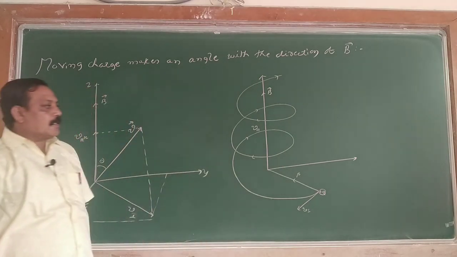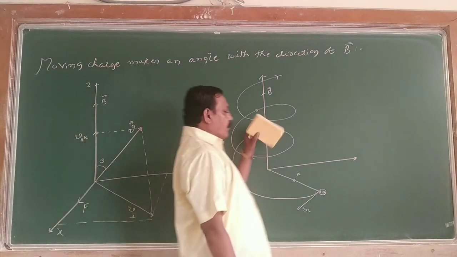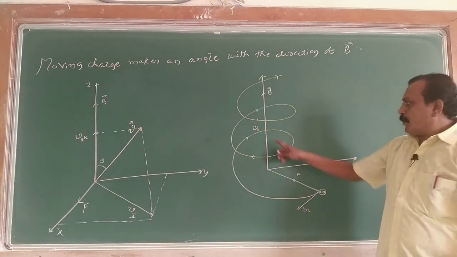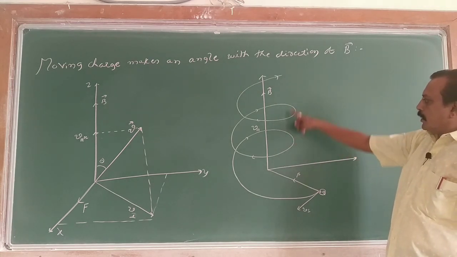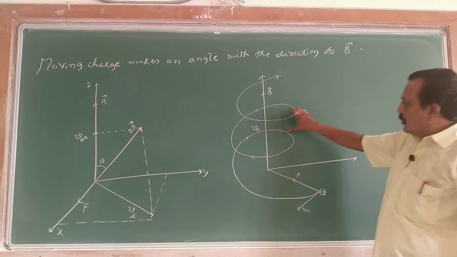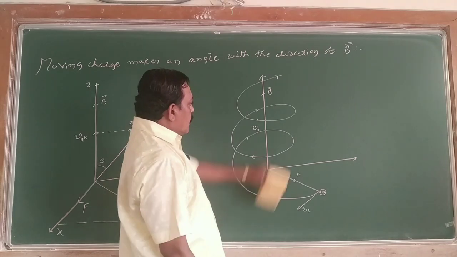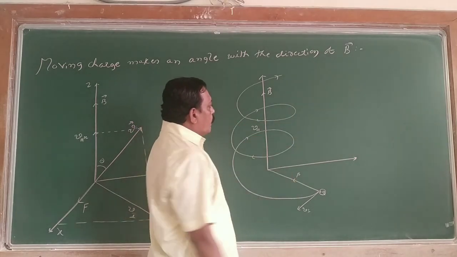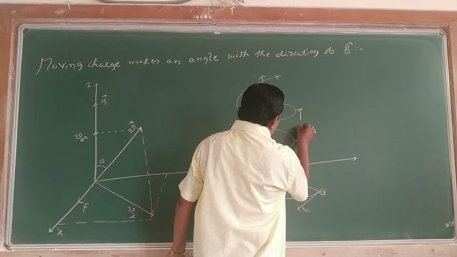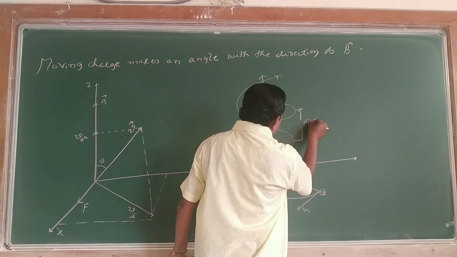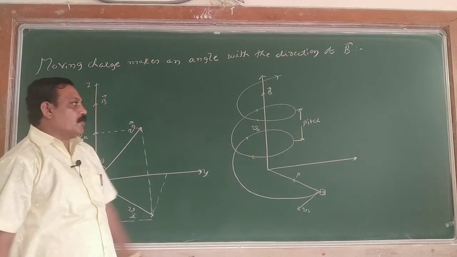Now this is the path traced by the charged particle, with the help of what? The parallel component makes the charged particle move along the direction of the magnetic field, and the path traced is nothing but what? The helical path. Now this is called a helix. The distance covered by the charged particle for one complete rotation is called the pitch, P-I-T-C-H. Our aim is to calculate the pitch.